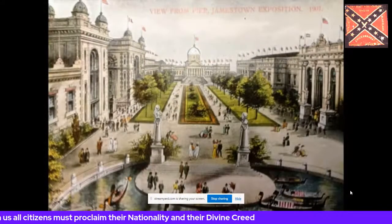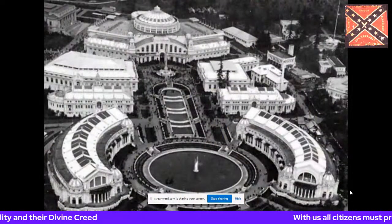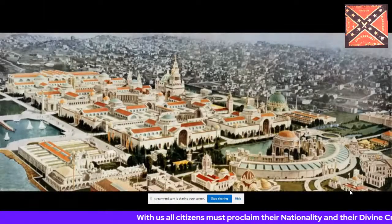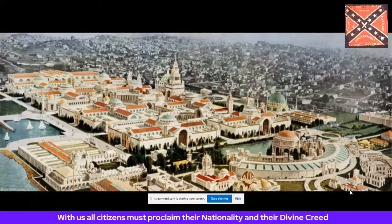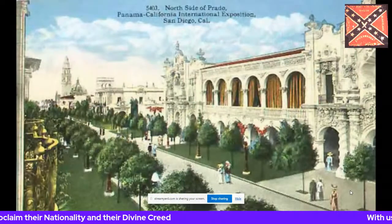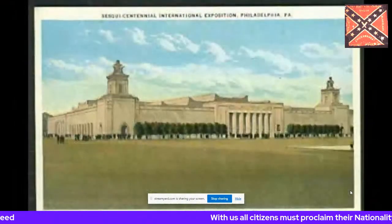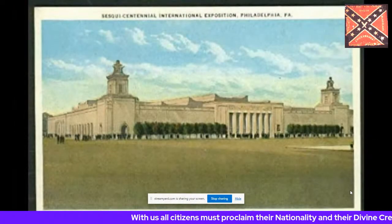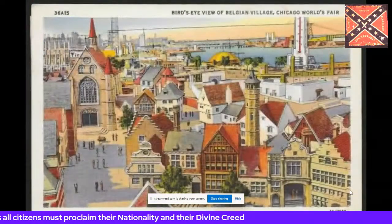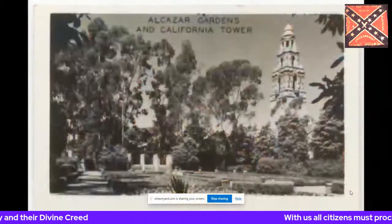the Jamestown Exposition in Norfolk, Virginia in 1907, the Alaska Yukon Pacific Exposition in Seattle in 1909, the Panama Pacific International Exposition in San Francisco in 1915, the Panama California Exposition in San Diego, California in 1915 and 1916, the Sesquicentennial International Exposition in Philadelphia in 1926, the Chicago World's Fair in 1933 and 1934,